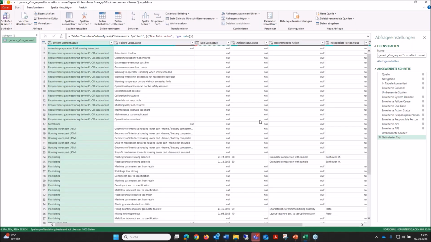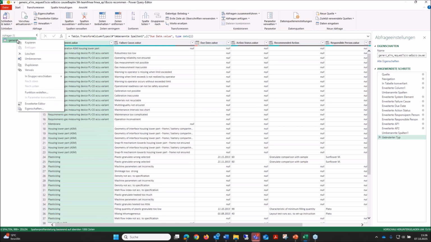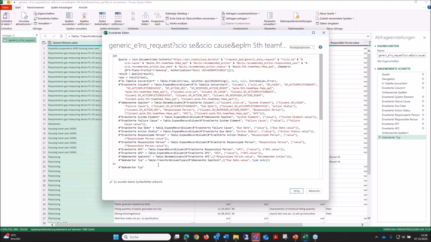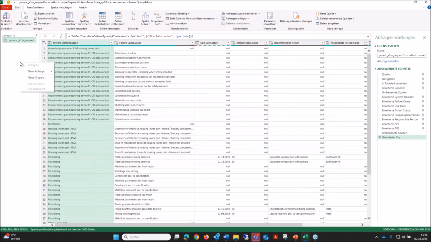When you are interested, you can also create this generic query in Excel. Based on this query we have created, with the right mouse click, we can also go to the advanced editor. Mark all, this is the complete request now. Mark all, copy it, and by right mouse click with new request,